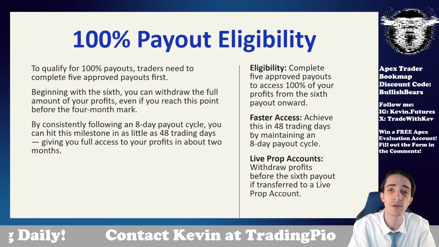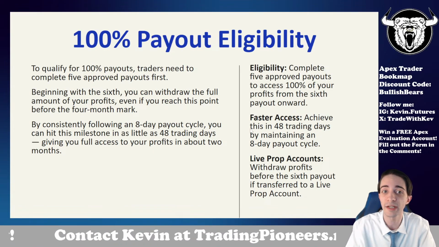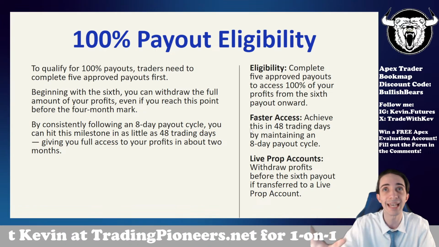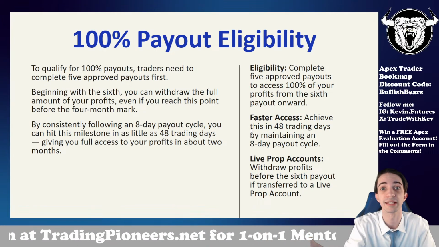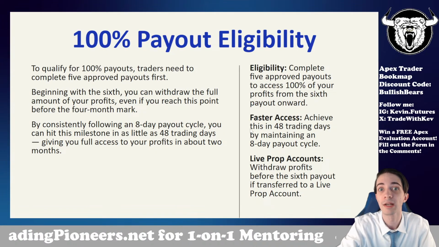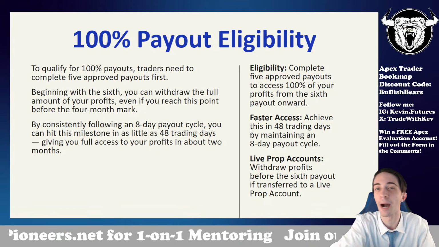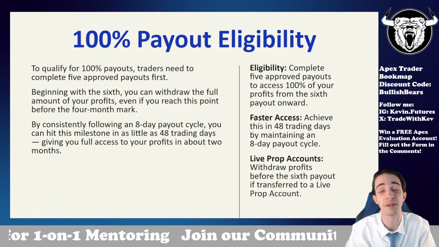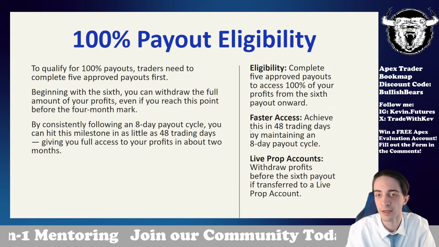So if you're consistent with it and you're doing $3,000-$4,000 a week, well then okay, then you could take out that $8,000 bi-weekly. That's fantastic. This is huge. Then if, let's say, God forbid, you blow the account, that's okay too. You just hop right back on an evaluation account, get right back to it. That's one of the best parts about Apex.